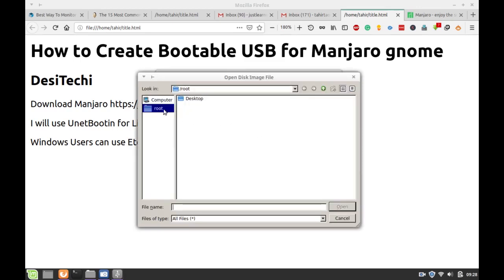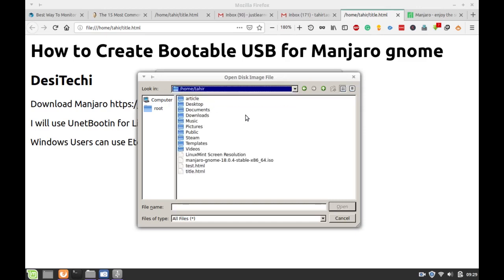And now let's go to computer. Now go to Tahir desktop, and here you can see my Manjaro GNOME ISO file.